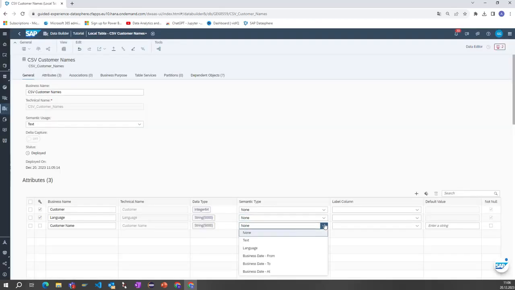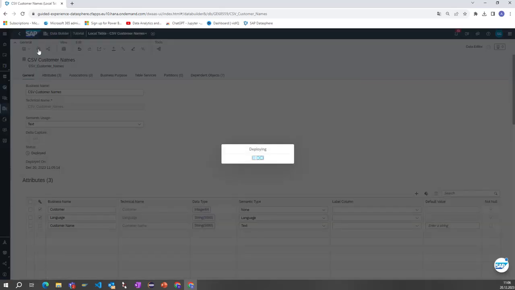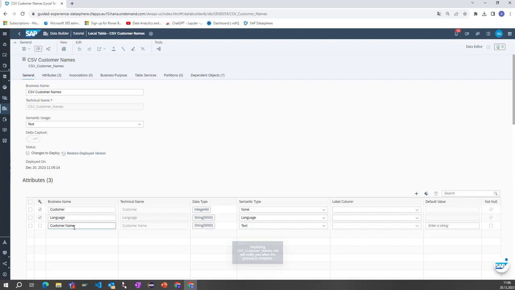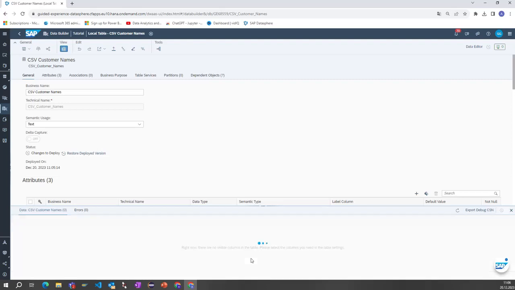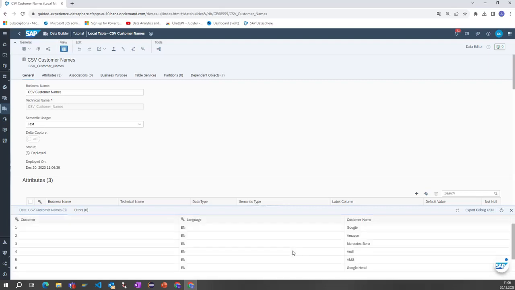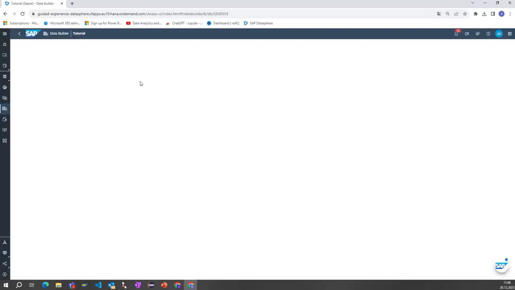Okay. Semantic type, this is the text one. This is the language. After defining it, the system knows for that table that this is a specific language column, which identifies which column it is, and this is then the name for this customer. Now with this, we have a table with the names of a customer, and this is identified by two keys, on the one hand side the customer and the language. Let's see, what data do we have? Looks okay. Let's close it and go to the other,